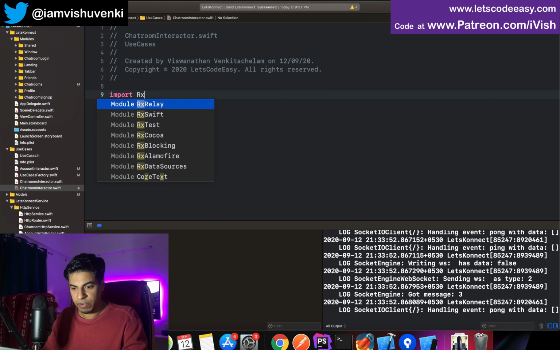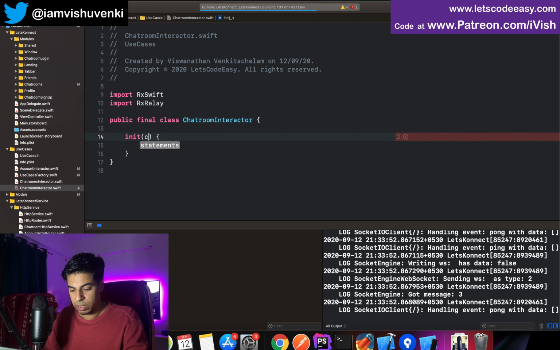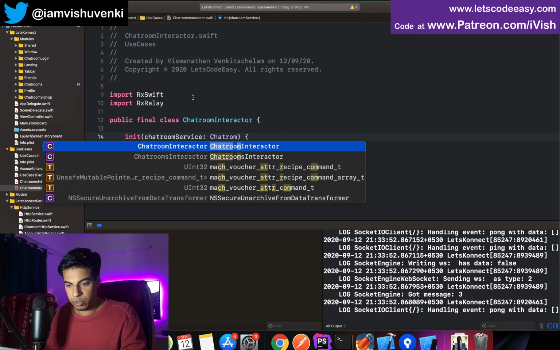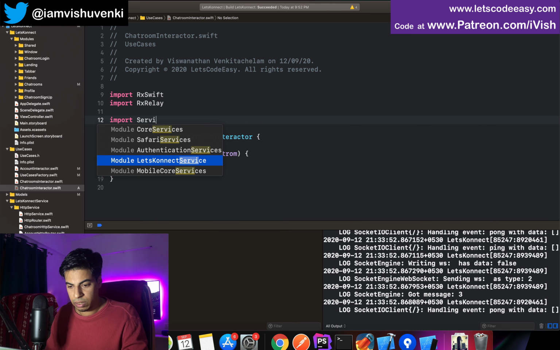And that anyway needs RxSwift and RxRelay. I'm gonna call it chat room interactor. Does not conform to anything. It's going to be public final ChatRoomInteractor. It's going to have an init which is going to accept this chatroom service which I created through the protocol which I defined, chatroom. So we need to import the service part. Service